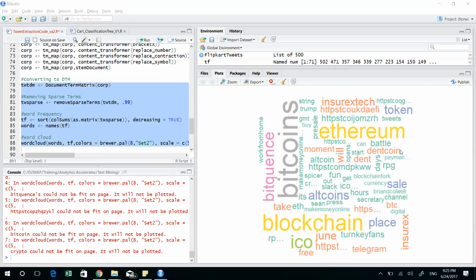June has seen Bitcoins going really high in terms of rates. So one Bitcoin currently costs somewhere close to 2 lakh rupees. And that's where the month June has come in over here. There has been a lot of press coverage for Bitcoins in the last 2 weeks, so you see the word press also coming into this particular word cloud. So guys, you see the power of analytics, wherein more than 500 tweets are consolidated into one word cloud, and a person who understands the background will definitely be able to make sense out of it.